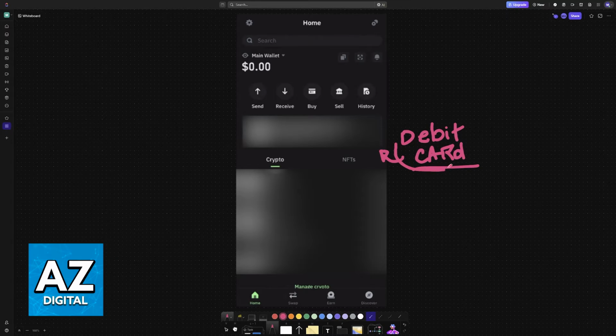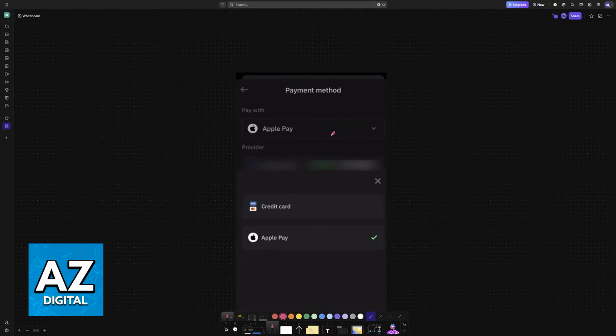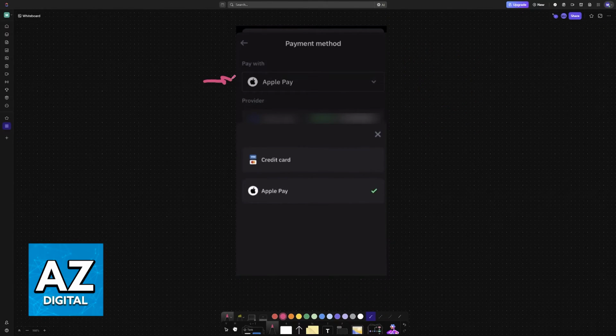To add the credentials about any valid debit card, you need to go over to the Buy window. So tap on Buy, either on the home screen or after you select a specific crypto asset such as Bitcoin. And once you tap Buy, you will be able to customize the payment method. You will have to include the amount that you want to purchase in your own local currency or the specific amount of that asset, and then tap on the payment method.